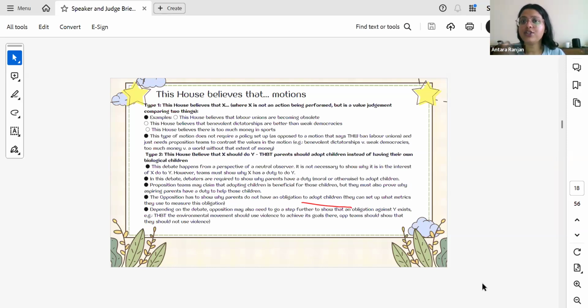You also have the duty to show why student protests shouldn't be violent. So, not just that student protesters have a duty to be violent when they're protesting, but more importantly, why they have a duty to not be violent as well, right? So, side opposition, depending on the motion, has to run one of these cases, right? It depends on how hardline, how extreme the motion is in general.